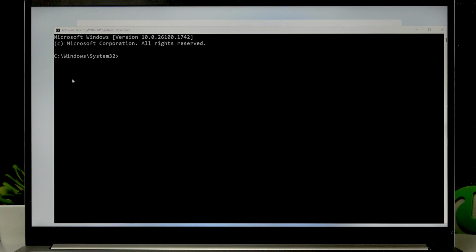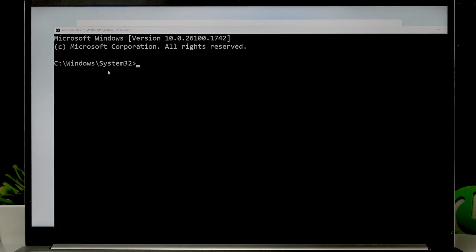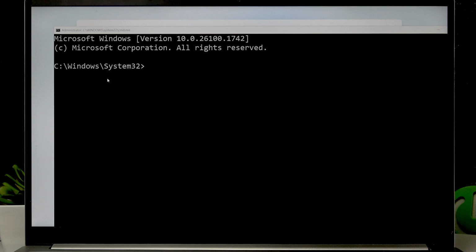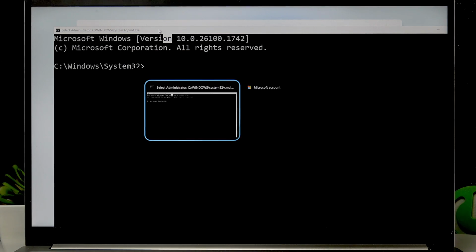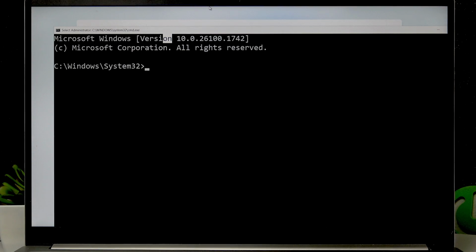And now in this CMD window, what you'll have to do is input the command. First of all, if you don't have this tab selected, use Alt Tab to switch to this window, and then release the buttons, and this way you will be using this CMD. Okay, and here you'll have to input